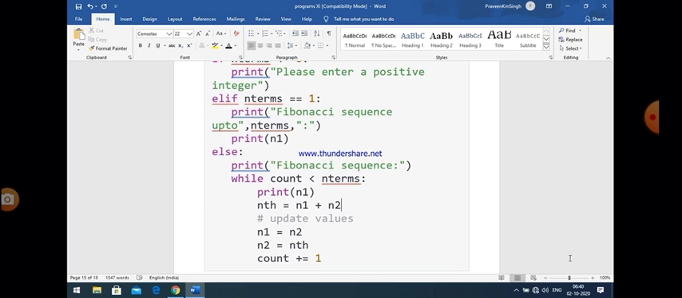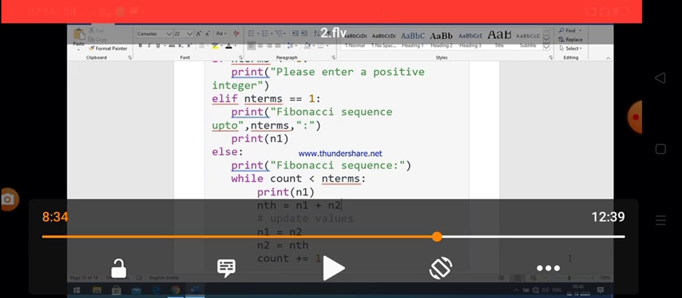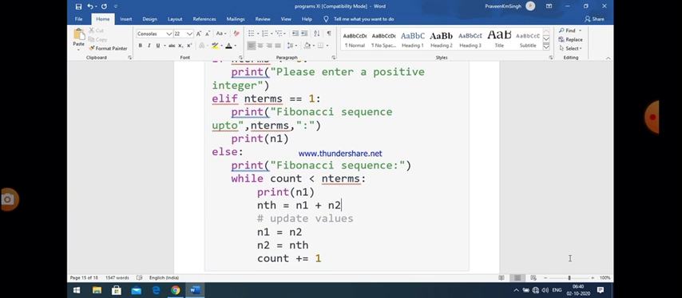After that, the nth term will be calculated according to the definition, which says that the Fibonacci series nth term is the sum of its previous two terms. So here we have to calculate the third term. The third term is the sum of the first two terms, when the loop is executed the first time. So nth is equal to n1 plus n2. After that we swap the values: n1 is equal to n2 and n2 is equal to nth term, and there is an increment of the value of count, so we give the statement count is equal to count plus 1,